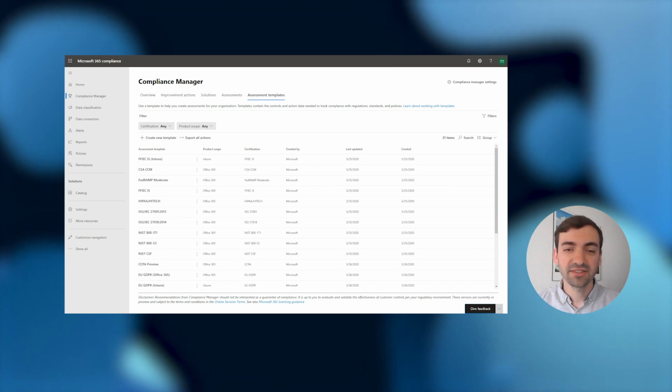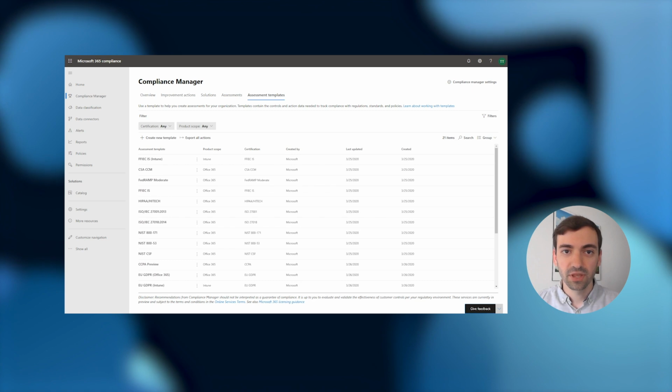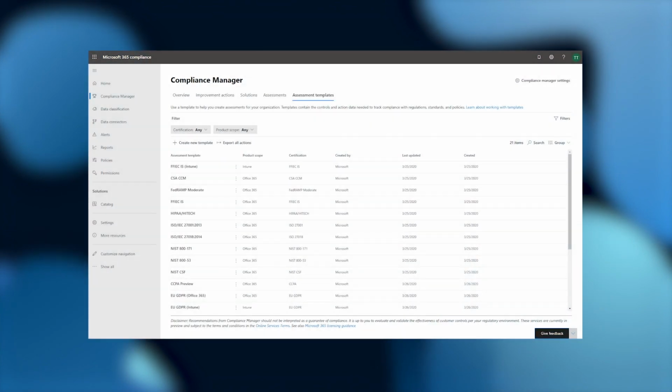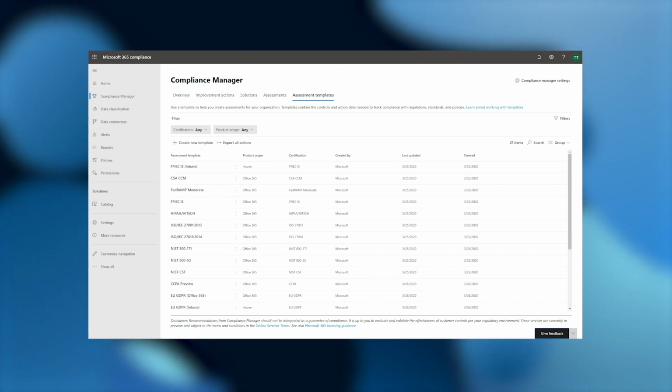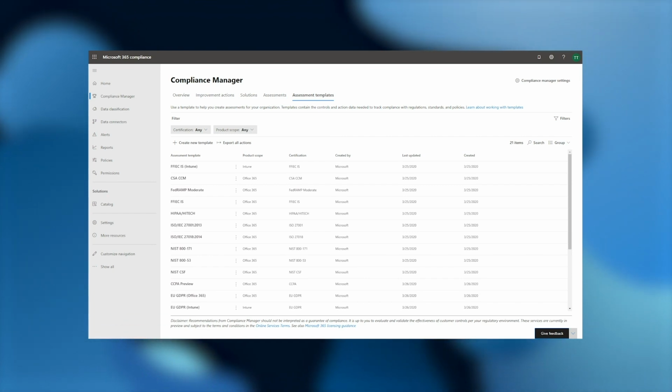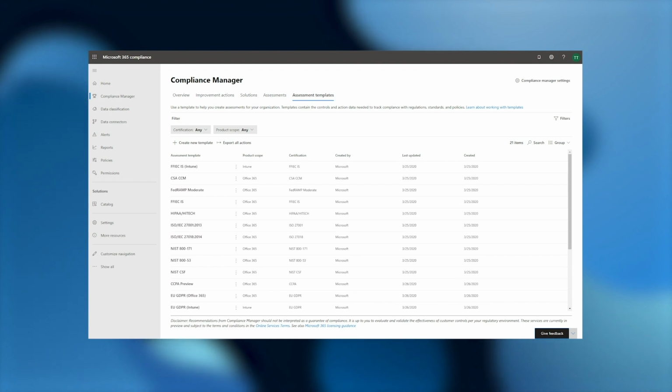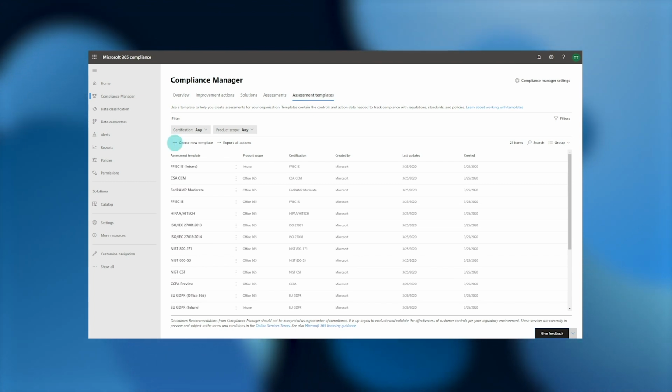Since we're extending an existing out-of-the-box template, we'll want to have one in mind before we start. Browsing through the assessment template library is a great way to figure out what our starting point will be. We can even export these templates to Excel, where they will closely approximate the format we'll need during the custom template creation process. Once we've decided what template we'll be using as a starting point, we'll choose to create a new template.